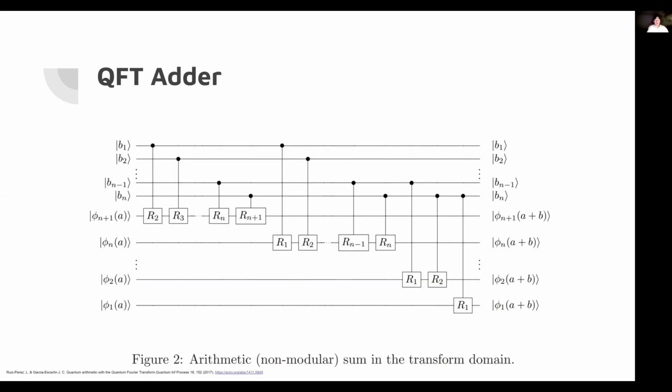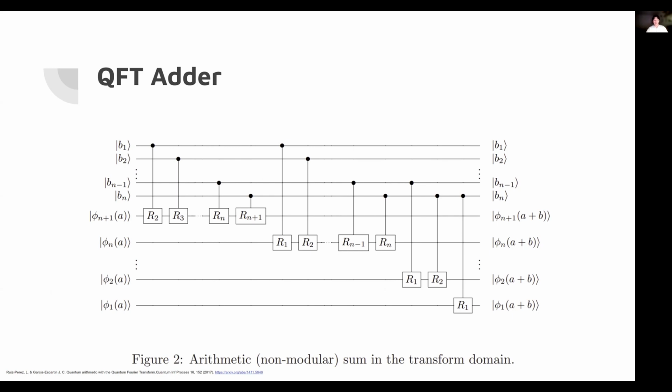The QFT adder has a very similar structure to the QFT in that there's a controlled rotation based off of another qubit. In this case, there's two input registers of the same length, but the second one is affected by the binary value of the first input register. And so you get a sort of addition when you add a rotation or angle to the phase of the